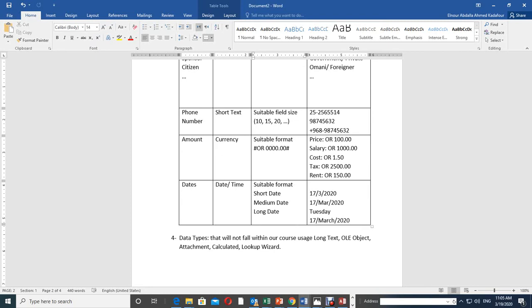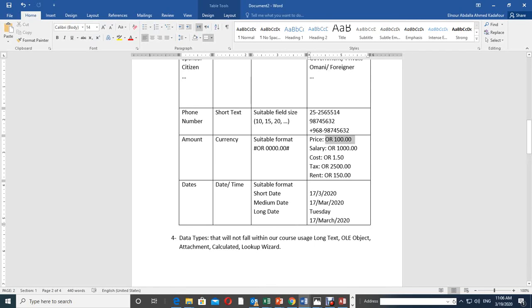Within the practical I will show you, or we need to customize it by our own, like this one. In such case you have to provide it within these hashtags, and then you have to write the currency symbol, and then the format of the number. So the amount field could be price, could be salary, could be cost, could be tax, could be rent, or others,